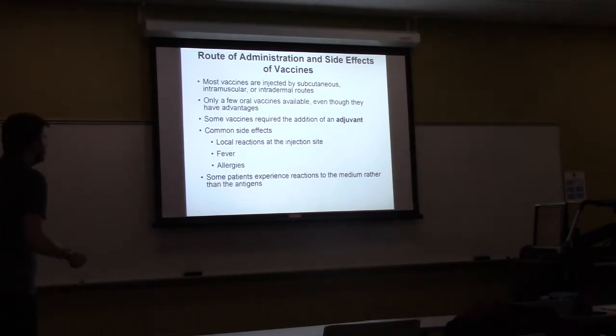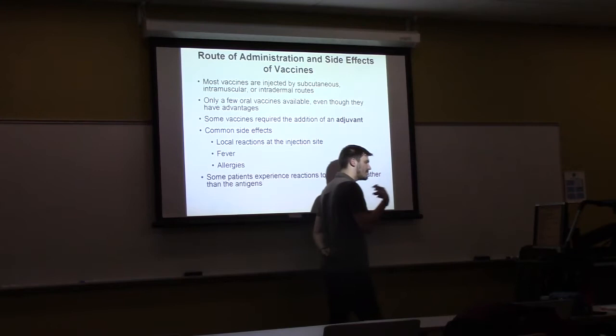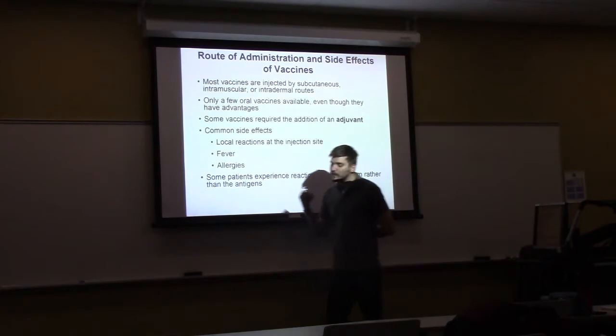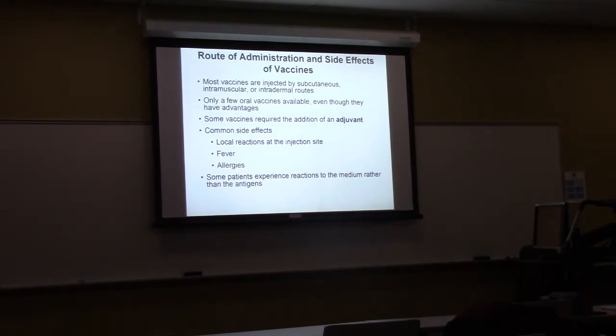Now, there are side effects associated with vaccines, but most of these are going to be very mild. The most serious side effect with vaccines is usually an allergic reaction, okay? And that's because some of the compounds in vaccines can be allergens, and if you are allergic to that, and then we just inject a concentrated form of it into your arm, you can go into shock. Where this becomes most problematic is with the flu vaccine, and that's because the flu vaccine is made in eggs. So if you happen to have a chicken or an egg allergy, you may get a strong allergic response to it. Okay? But generally speaking, most of the time we use things that aren't serious